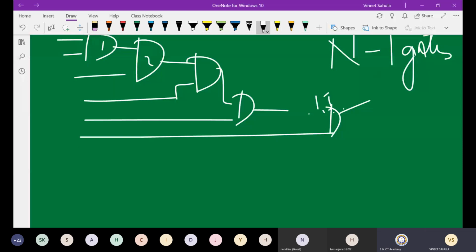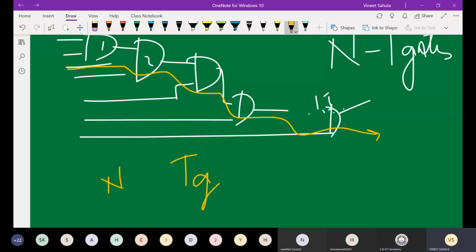But the delay is too large. Delay is also n minus 1. This is gate 1, this is gate 2, gate 3, and we have to pass through all of these. So delay also is n minus 1 gates. Whereas on the upper side, for the first circuit, the delay was only m number of levels. So we can compare these two, right? The number of required gates is the same. Definitely I will not go for the lower option because my area is the same, number of gates required is the same. So the upper side circuit is faster.